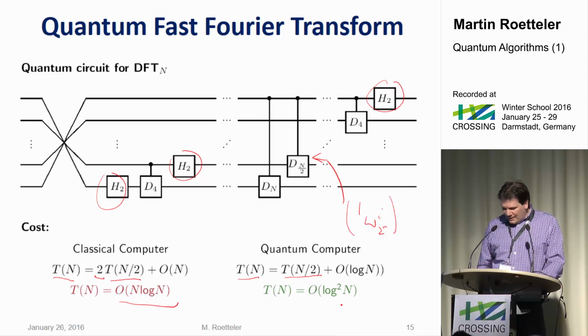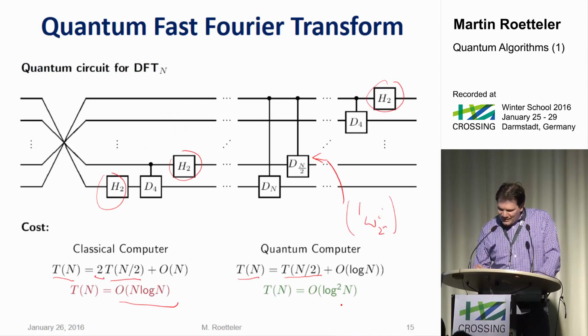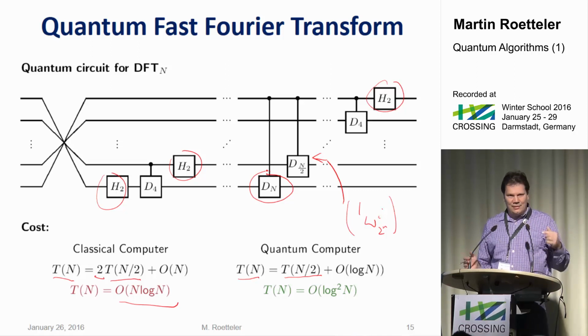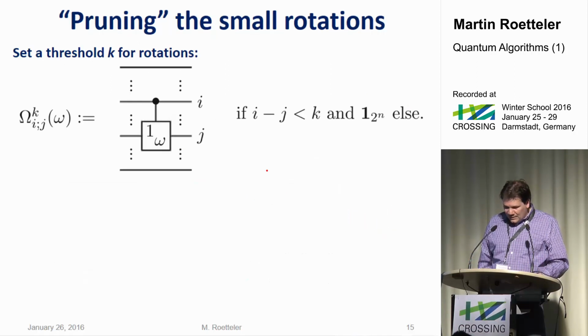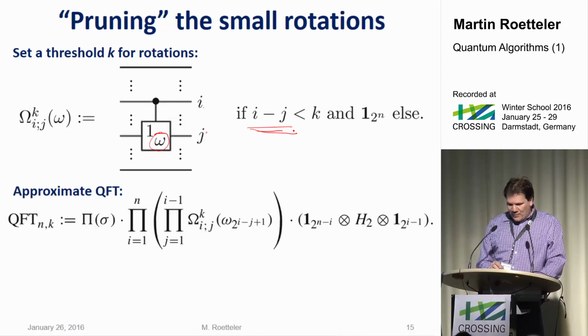And it gets even better than that, one can even shave down the cost by pruning these rotations. Because some of these would be very, very small, so you don't even feel them. They're very tiny angles, they don't matter much for the overall algorithm. And so you do some thresholding where you say, I'm going to crop these, once the distance here between the i and the j label tells me how small that omega has got to be. Right? And if that gets too small, I just ignore that gate and replace it by an identity gate, and you arrive at something we could call QFT n,k.